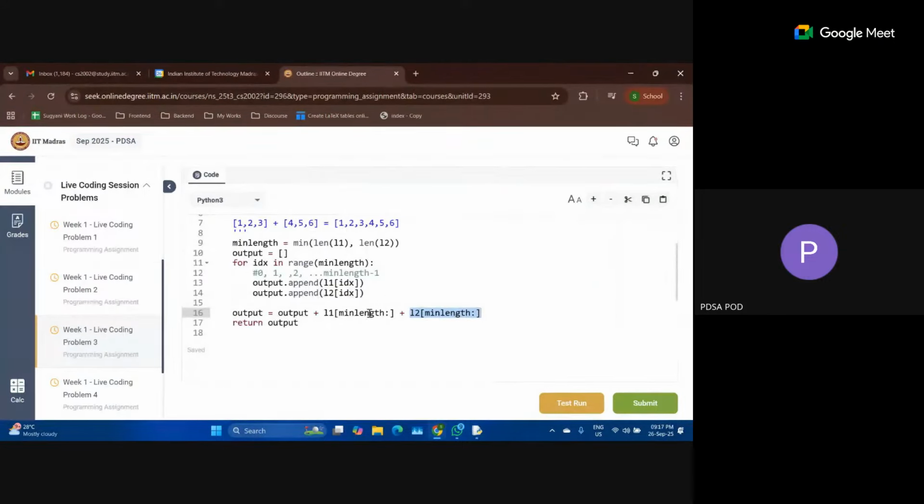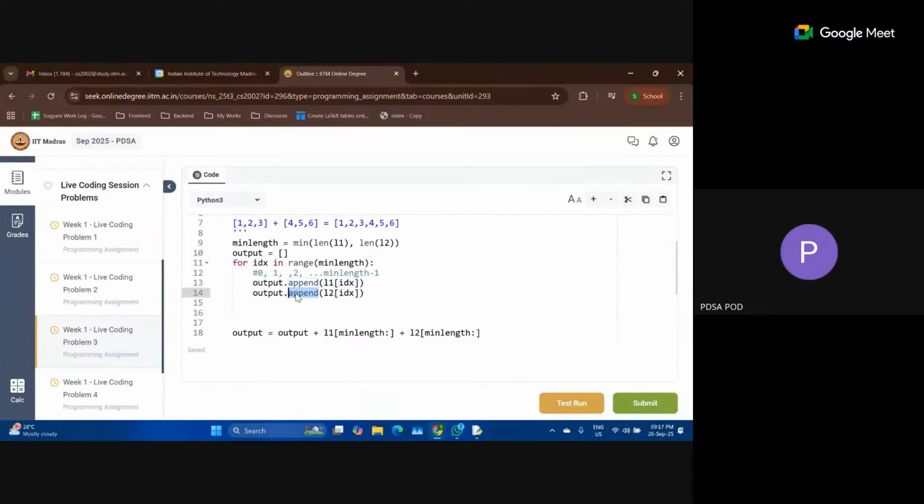Okay, so now there is one more function that I wanted to let you know. Here we are using this append two different times, right? There are two different values that we have to append, so I am writing this append statement two times.